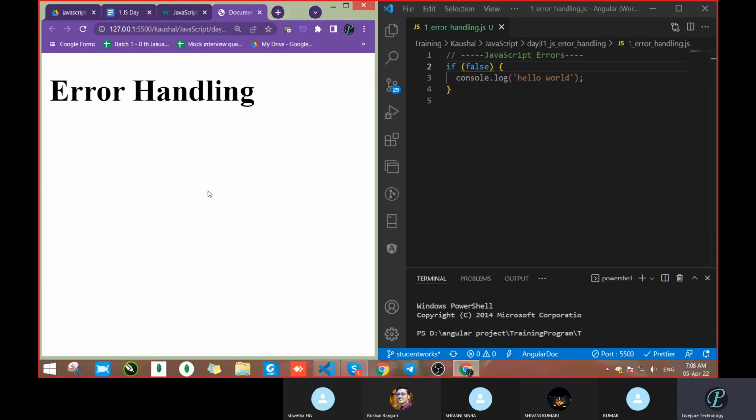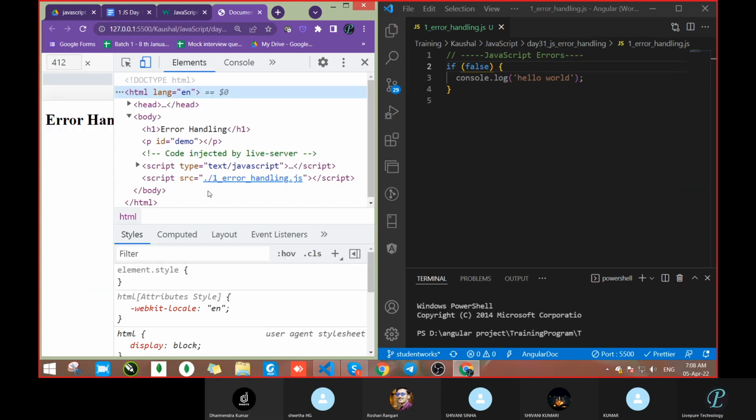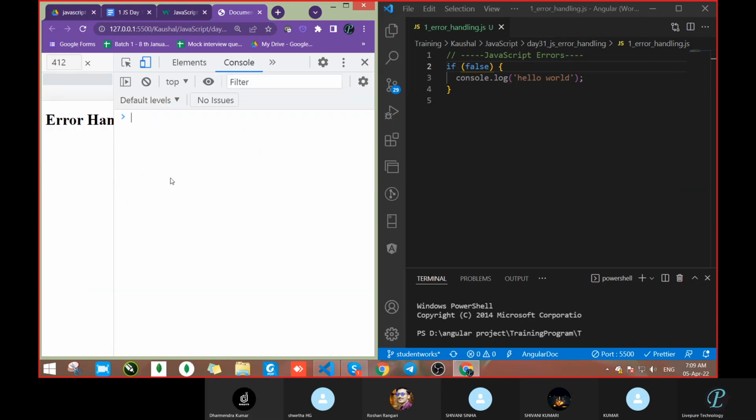If we are writing like this, there is no output. Then we think that something has to be displayed. Then what are we doing?